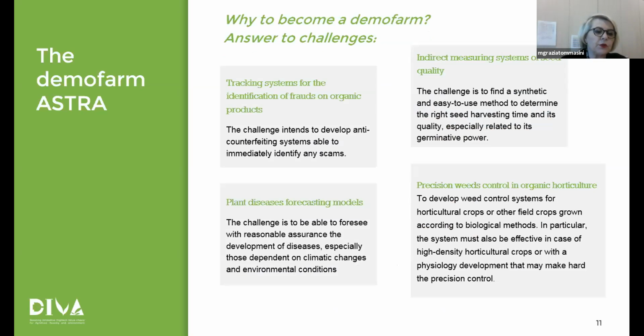But the reason why Astra was interested in becoming a demo farm is also to be able to give higher support to the producers and to the agri-food sector in general, so as to try to win the several challenges that the sector is facing. In the slide, you can see a few of the challenges that we collected along the DIVA work we carried out. Just to mention some of them that we collected in the network we organized here in Italy